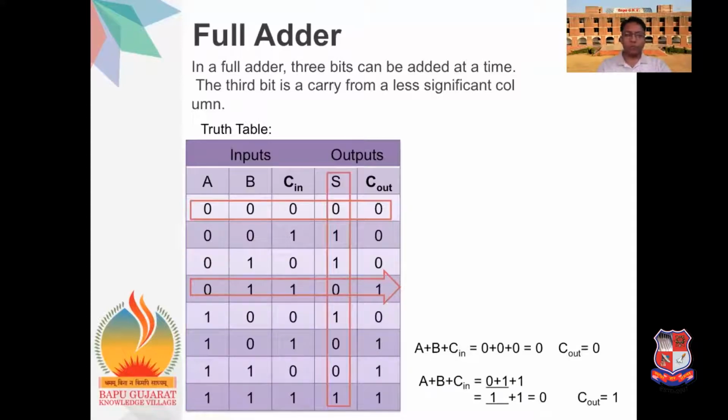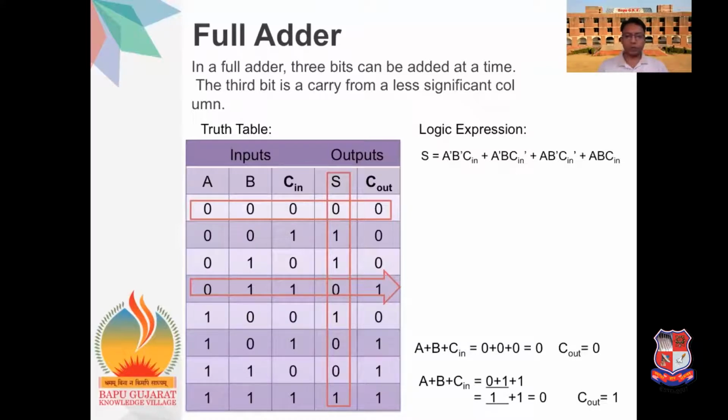Now let's find the logic expression for the sum. Here we check the sum column in the truth table. Based on the column, there are 4 ones. For those 4 ones we write down the logic expression for the sum. The first combination is A' B' Cin, the second is A' B Cin', the third combination is A B' Cin', and the fourth and last combination is A B